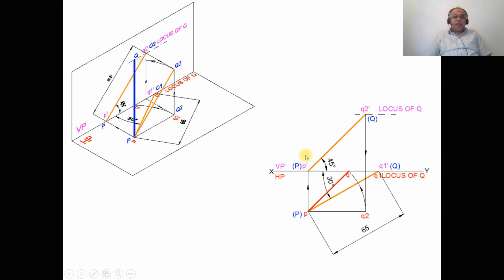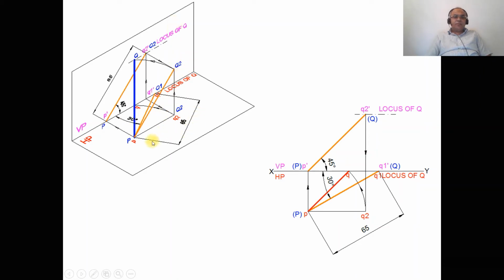So similarly, again, I want to take the true length in the vertical plane. So now I want to find out the top view. To find out the top view, with P as center, taking the radius of PQ2, you have to rotate it. So how am I going to do it? Now we know that it is the true length in the vertical plane, so that line should be parallel to VP. Now both P and Q2 are in front of VP by the same distance.